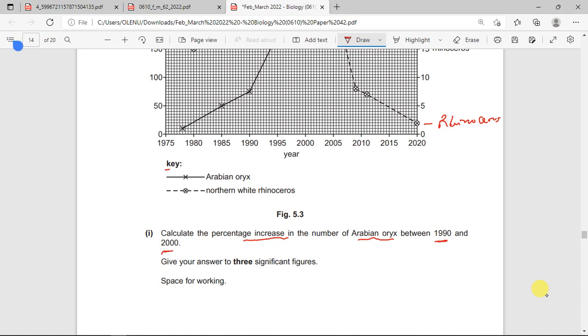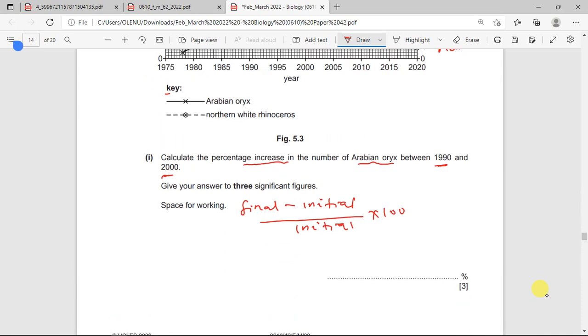You should know that if you answer to 3 significant figures, to calculate percentage increase is the final minus initial, divide by initial, times 100. So using the years here, the final will be the value for 2000 minus initial, which is the value for 1990, divide by the value for 1990